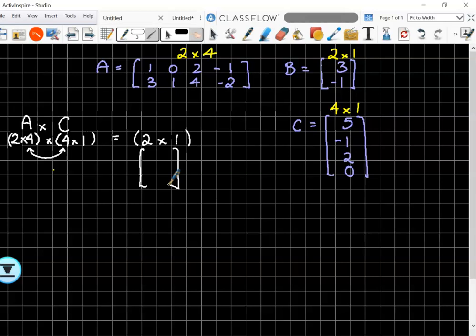How sad. Poor old B, not in the game, couldn't do it, even though it's got a 2 and a 2, can't go. Because it's going to be a 2 by 4 and a 2 by 1, so that's out, because 4 and a 2, no good. So when we are now working out A times C,